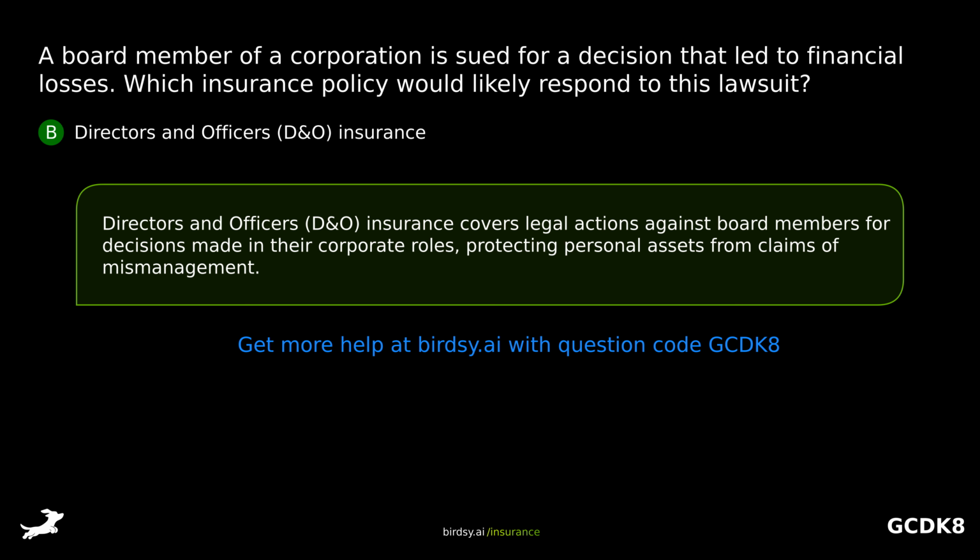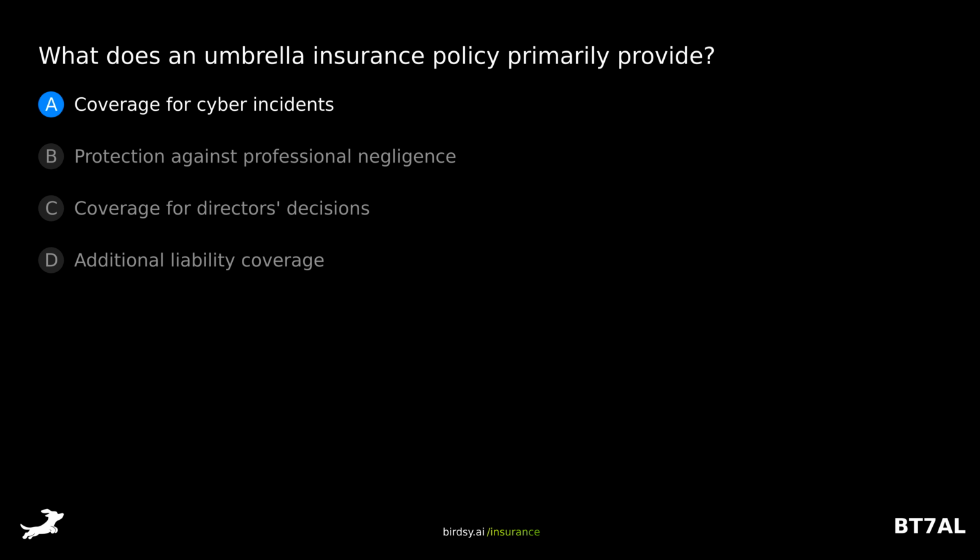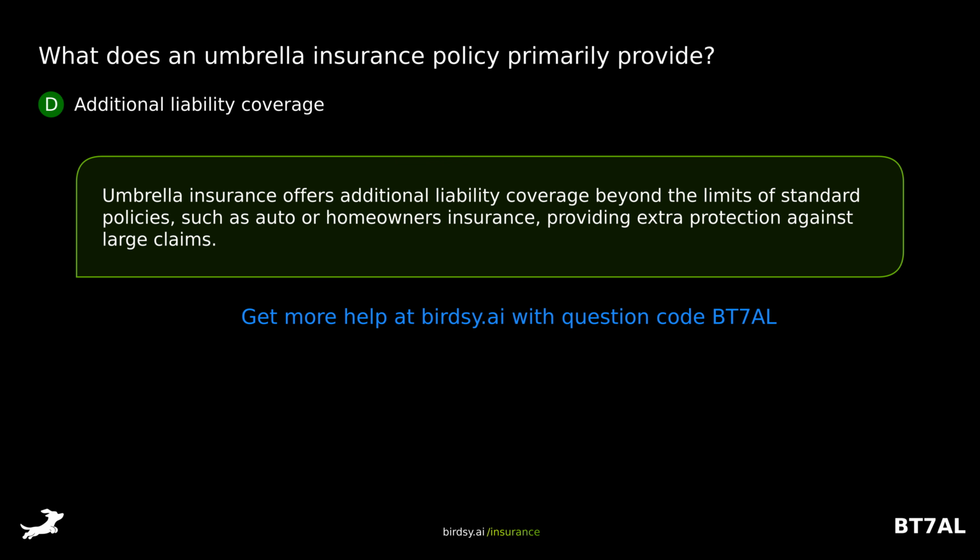from claims of mismanagement. What does an umbrella insurance policy primarily provide? Is it A, coverage for cyber incidents? B, protection against professional negligence? C, coverage for directors' decisions? Or D, additional liability coverage? The answer is D, additional liability coverage. Umbrella insurance offers additional liability coverage beyond the limits of standard policies, such as auto or homeowners insurance, providing extra